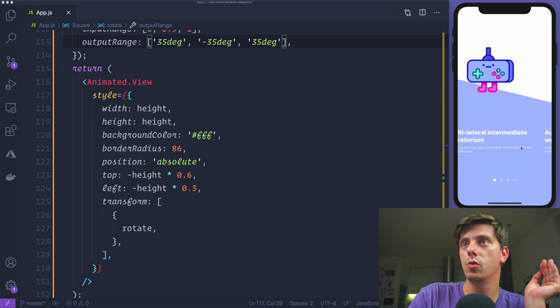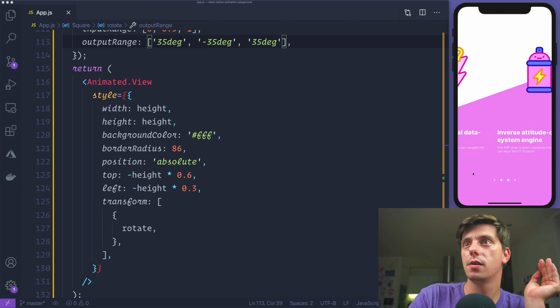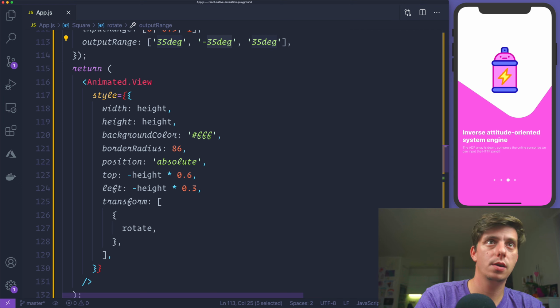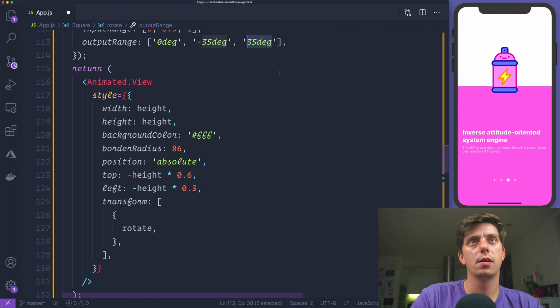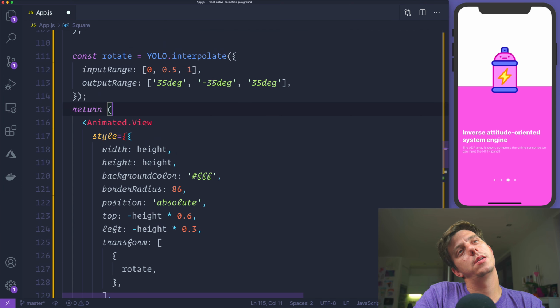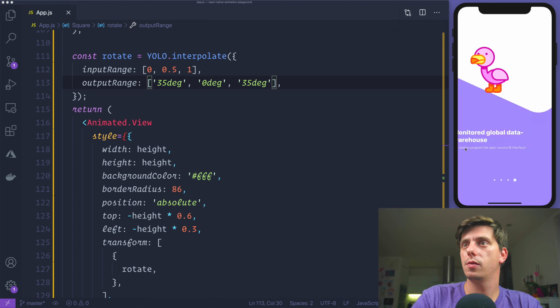So if we move this, it's back again, right? And I think that we can actually move it to 0 degrees. So wait, this is middle, this is 0, yeah. So now